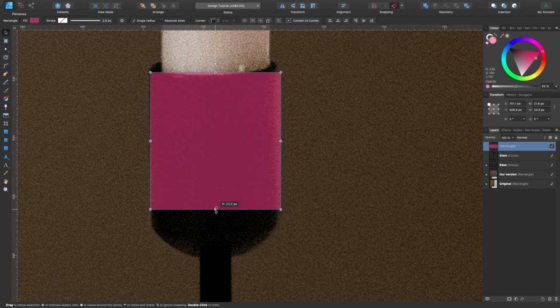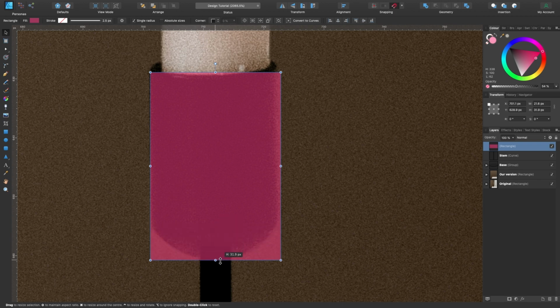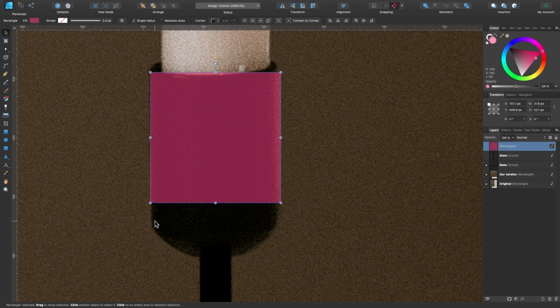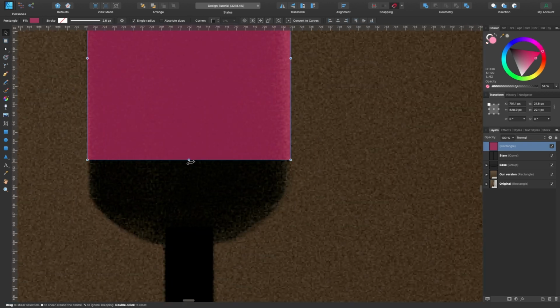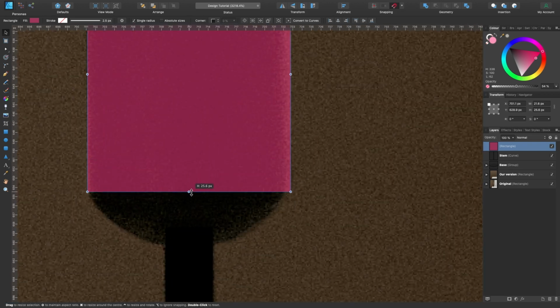Okay, so I'm going to drag it down to around about here. I'm not going to use the corner tool on this because you can see these corners aren't so smooth. They kind of stop. If you zoom out, it stops, and then it's a bit more abrupt. So I'll click and drag it to about here.